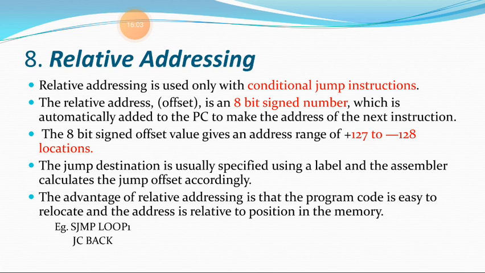The 8-bit signed offset value gives an address range of 127 to -128 locations. The jump destination is usually specified using a label, and the assembler calculates the jump offset accordingly. The advantage of relative addressing is that the program code is easy to relocate, and the address is relative to the position